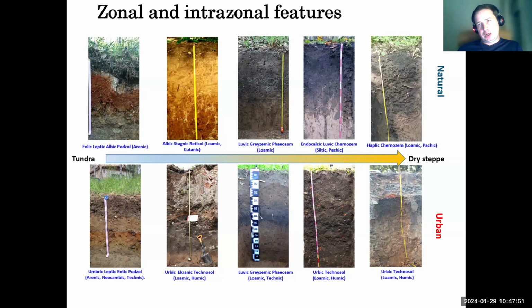The top row are natural and the bottom row are urban. And of course, they're all different, so you would hardly mix up natural and urban soil. Also, in urban soils, you can see some natural features, like buried horizons, for example. And you see that the very south and the very north examples are very different. But at the same time, there's always something similar, like artifacts, bricks, straight